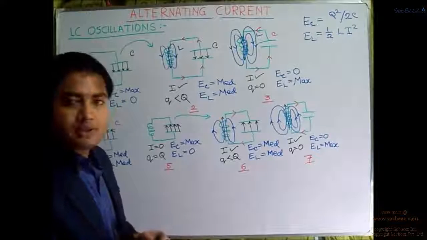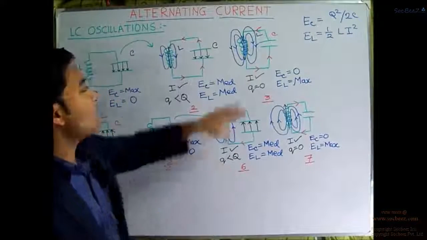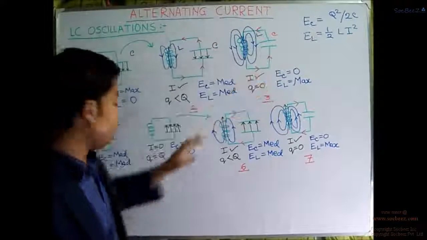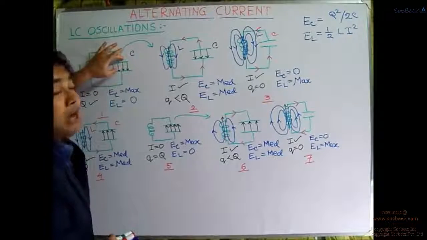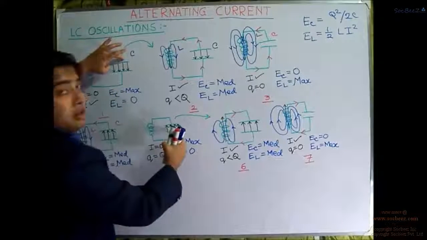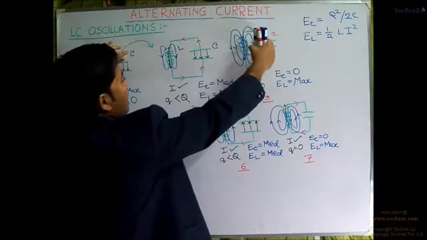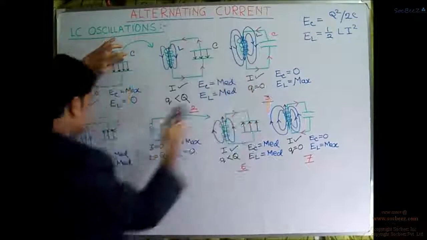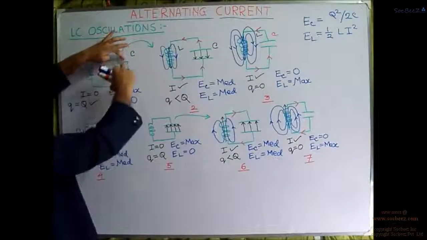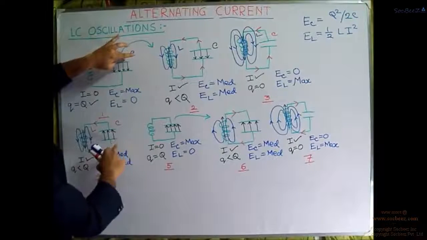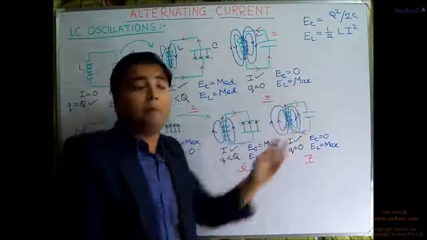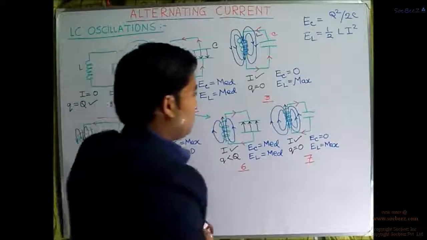Now, after this seventh scenario, again what will happen? As we have seen from over here, now the charges are going to get over here. We have seen that the charges were on the upper plate. It now totally went to the lower plate, right? Because over here, after the third case, in the fourth case we have seen that the charges over here were on the upper plate, now they are on the lower plate, right? So obviously if it is on the lower plate, this will again go on the upper plate. So the eighth scenario will be